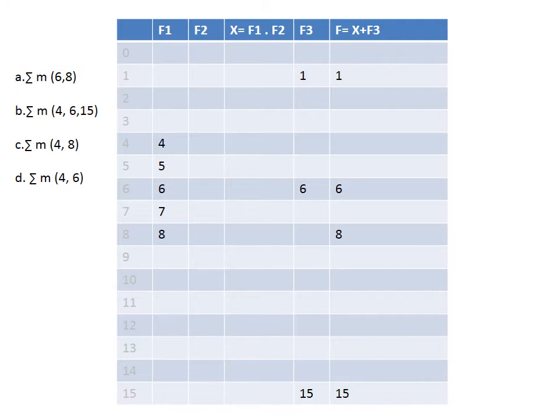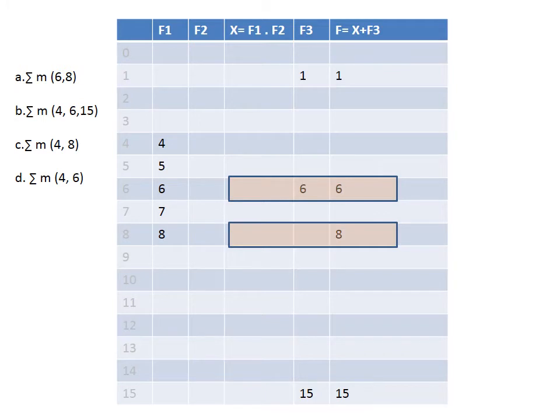So first of all we have to find what are the possible values of x. If a 6 is available, x can have 6 because this is an OR function. So it can be either blank or a 6 can be available. If it is an 8 and f3 doesn't contain an 8, that means x will definitely have an 8. So one of the two possible answers will be this or this.